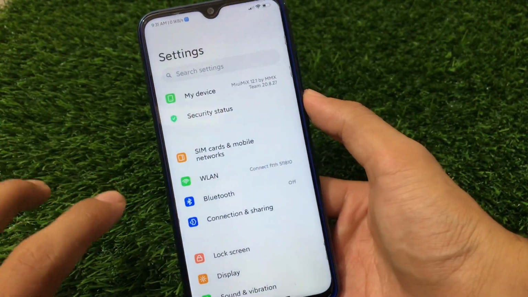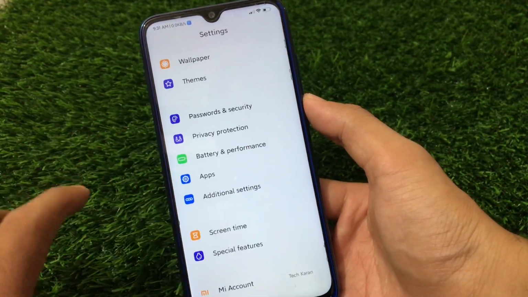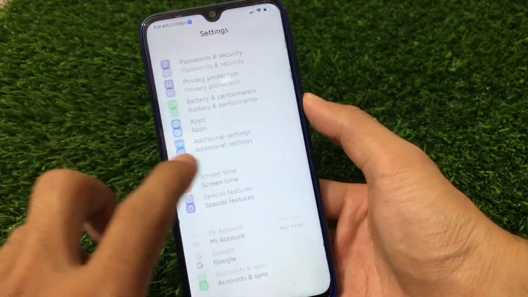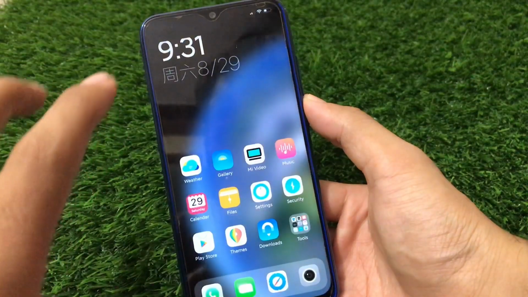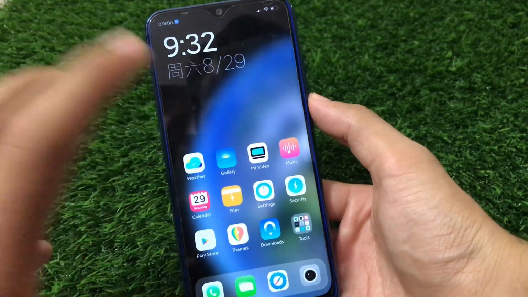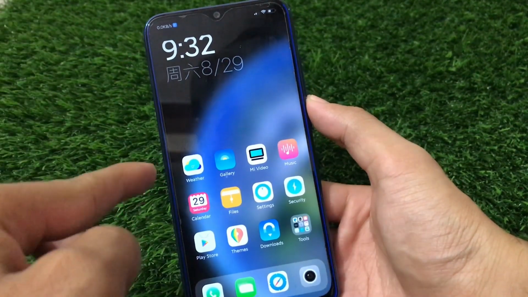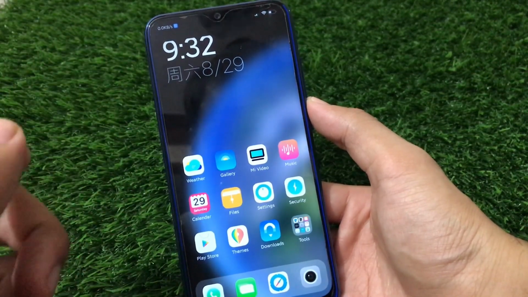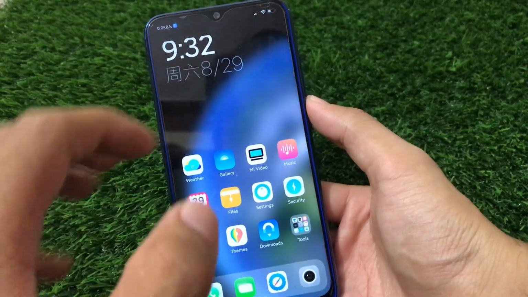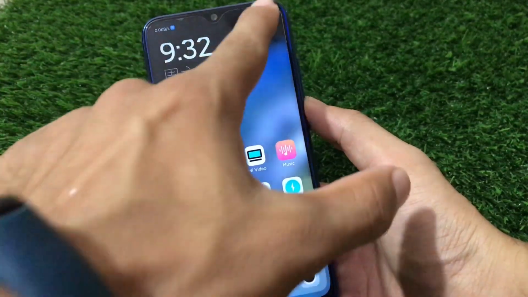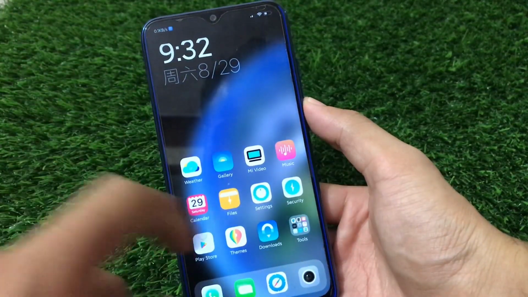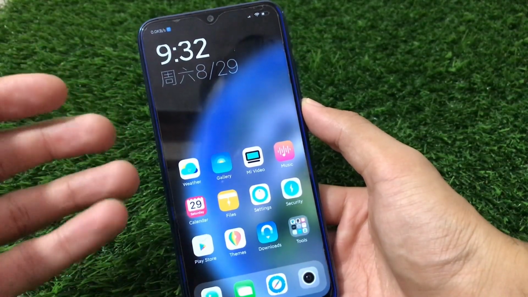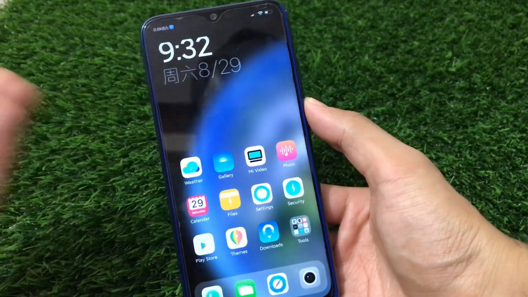If we talk about the settings, we have a little bit of changes, and theme options are available here. I know that most of you guys don't like this theme, but the theme looks cool if you want to customize your theme, because I like these icons. Icons in the previous theme were good, but in this theme some icons are very impressive. So in my case, I'll customize my theme with these kind of status bar icons and some icons from here. And the widget is actually overlooked, but still it's good and you can use it if you want to.